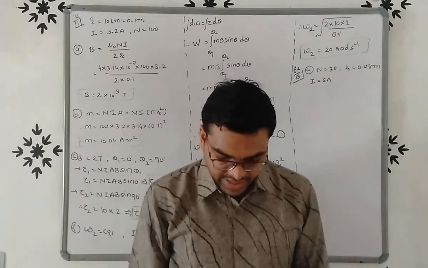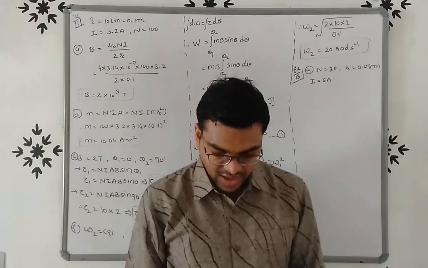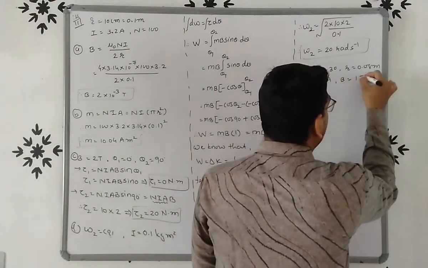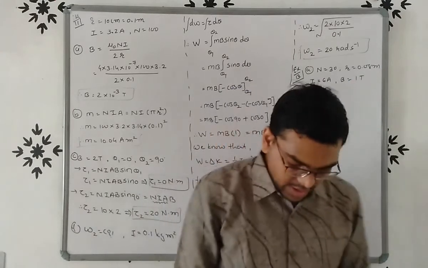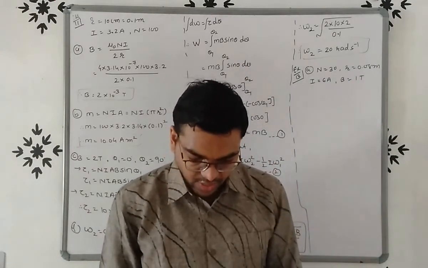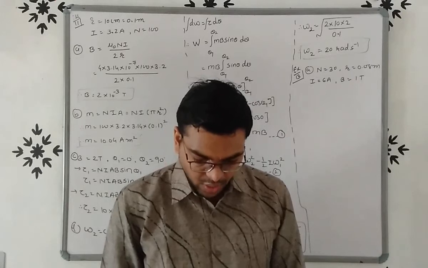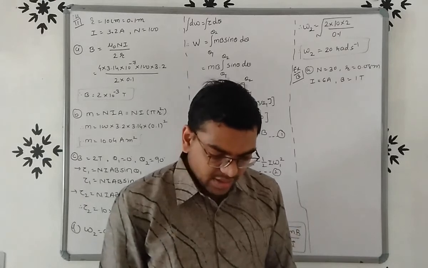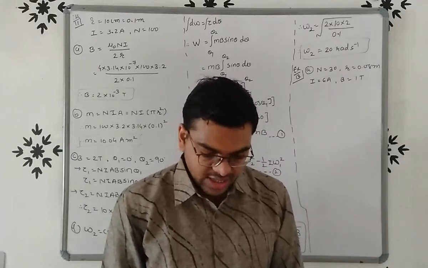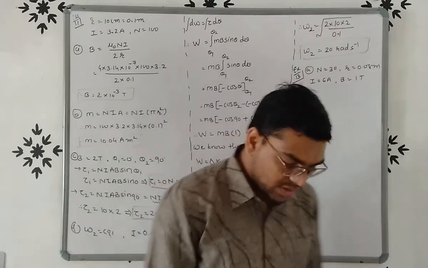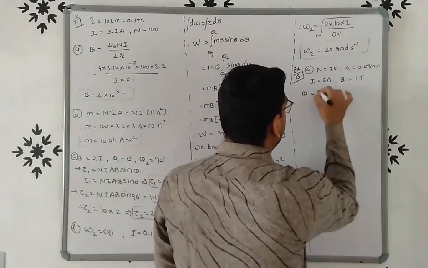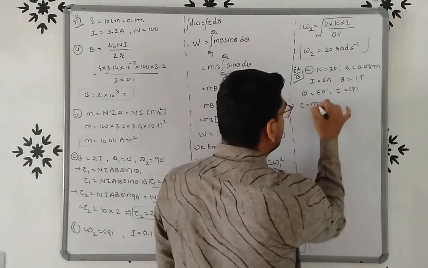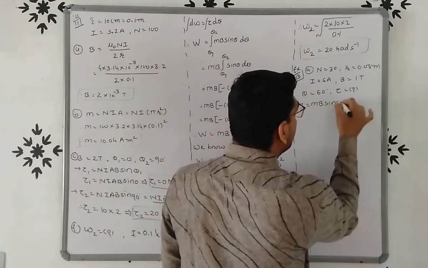Is suspended vertically in a uniform horizontal magnetic field of magnitude 1 Tesla. So here magnetic field B is given, 1 Tesla. The field lines make an angle of 60 degree with the normal of circular coil. So here theta is given, 60 degree. Calculate the magnitude of counter torque that must be applied to prevent the coil from turning. We have to find out torque. So we already know the formula of torque. Torque tau is equal to mB sin theta.